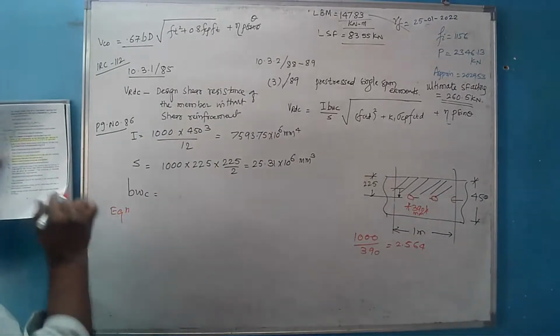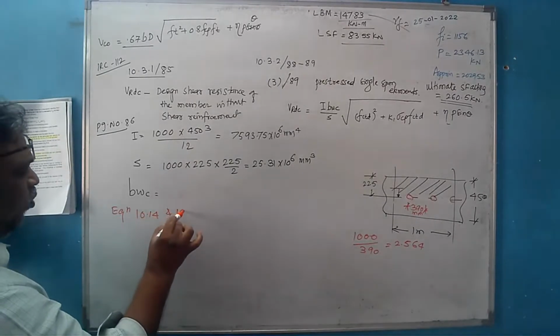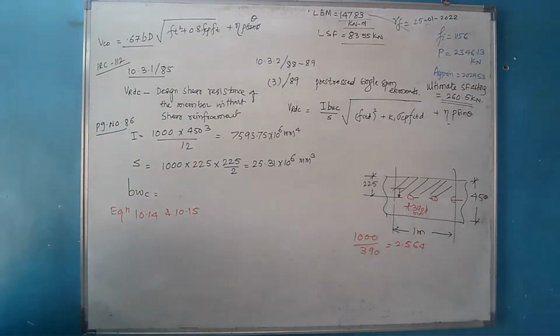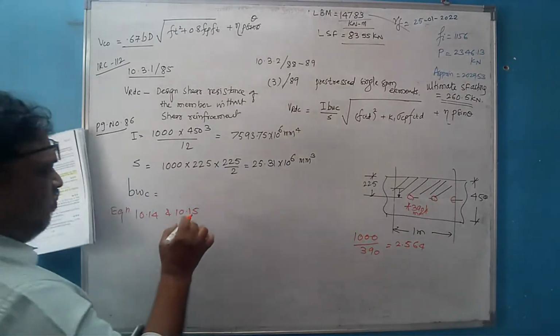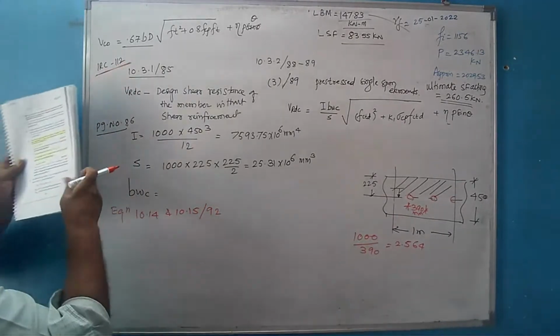Now we need to refer equation, which equations? 10.14 and 10.15 to know exactly how to consider the deduction. So where are these equations available? 10.14 and 10.15. These equations are available on page number 92 of the IRC 112. See here,